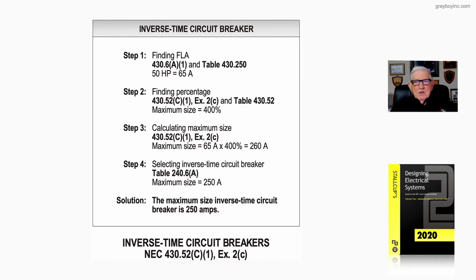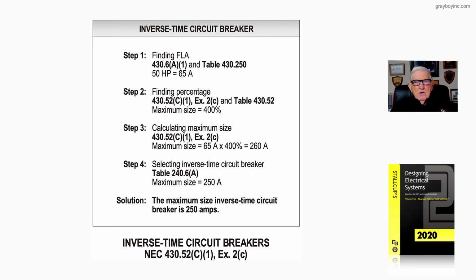So in step three, we apply the math. 400% of 65, we come up with 260. No exception in 430.52, Exception 2, item 3, to allow you to move up. So we'd have to round down and select a 250 amp inverse time circuit breaker from table